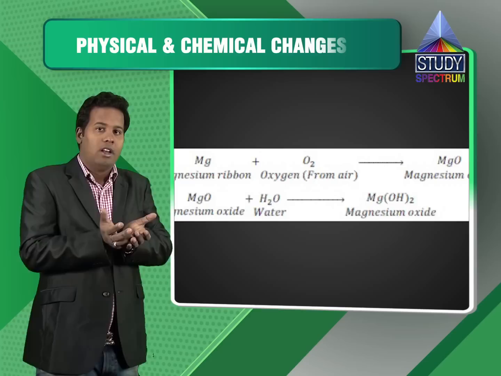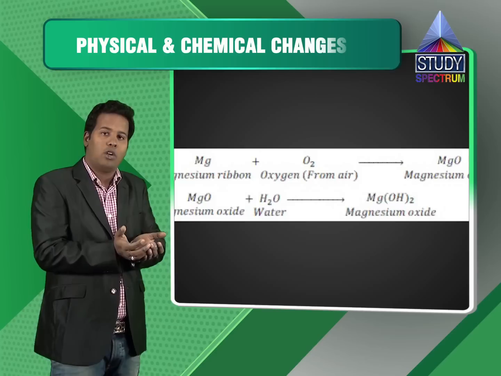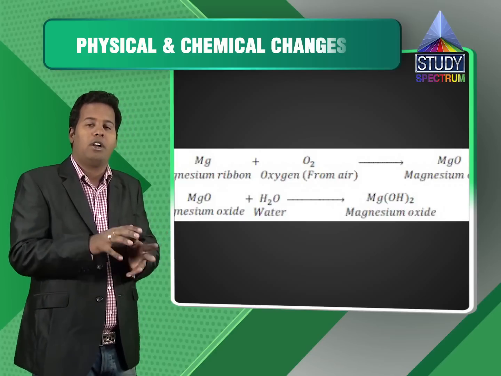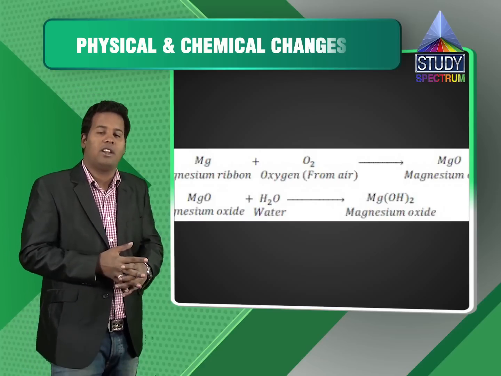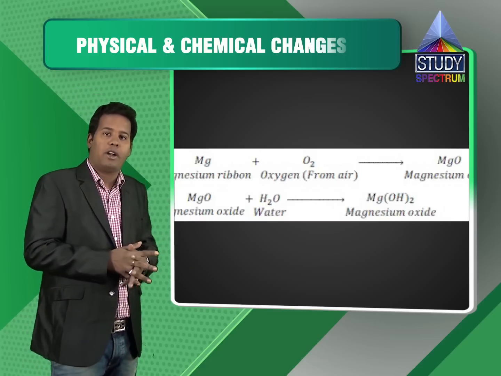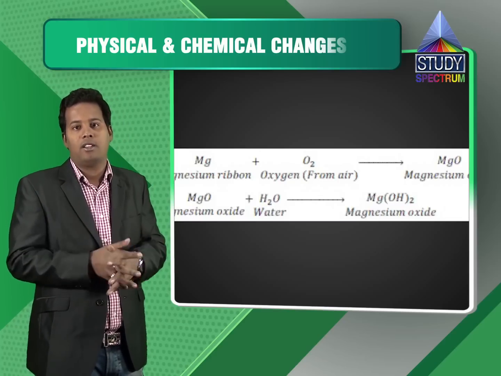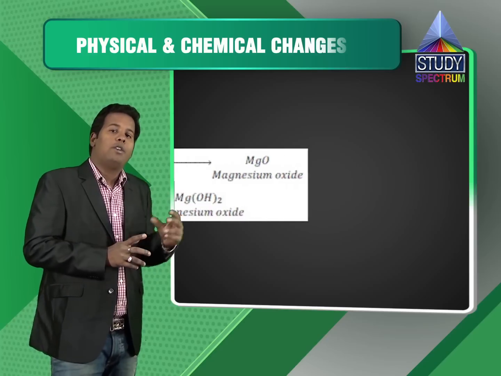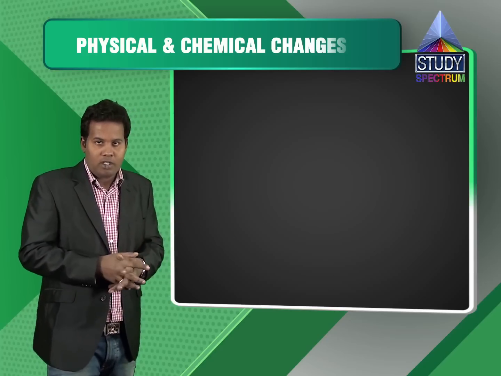You can check whether it is a base or not with the same red litmus paper. If you take a solution of sodium bicarbonate in a beaker and dip red litmus paper into it, it will turn blue, indicating that it is basic in nature. And similarly, magnesium hydroxide also turns red litmus paper blue, telling us that it is basic in nature. Now, moving further, we will see the third type of reaction, that is the reaction of copper sulfate with